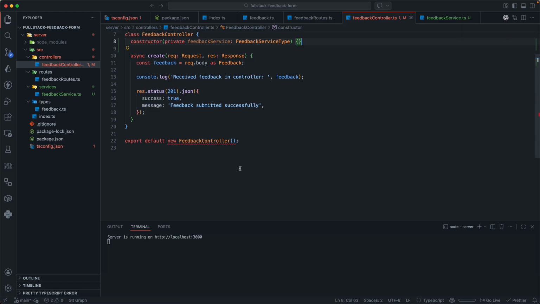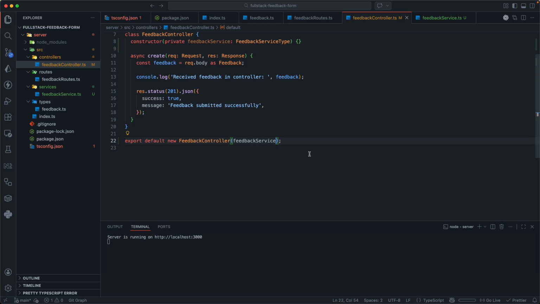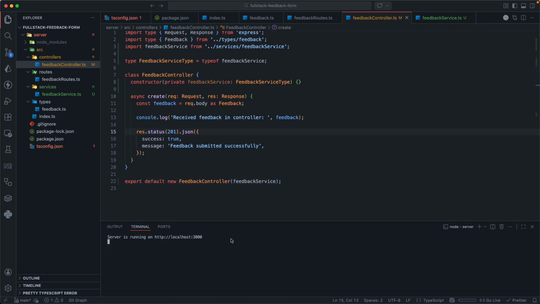And I'm also gonna update the export to pass the feedback service into the controller. Here we go. So this way the controller doesn't create the service itself, it just uses it. So here we're basically doing a really simple form of dependency injection, but don't let this fancy term scare you. We're just passing the service instance into the controller's constructor instead of creating it inside. And if you're using a framework like NestJS, it normally handles that for you, but here we're just doing it